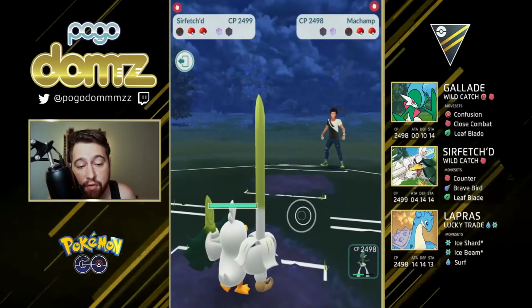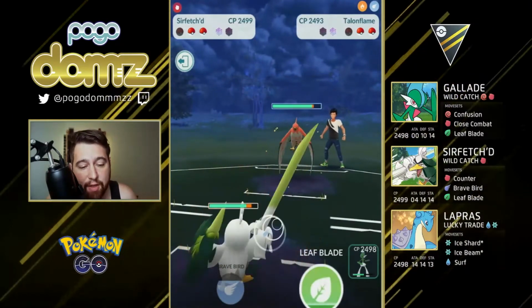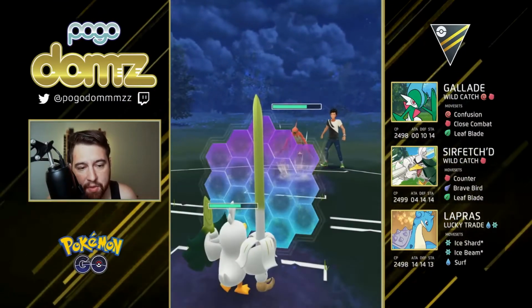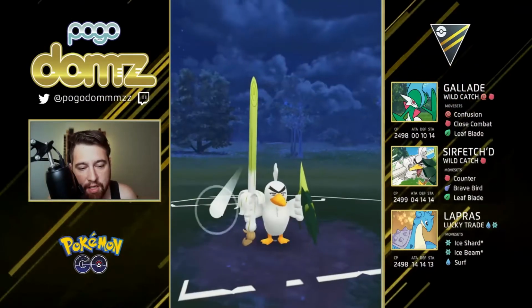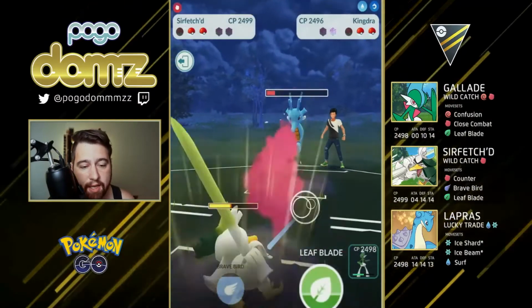The counter did go through. We do shield just so we can maintain that health, and then they have a Talonflame in the back. So what I'm going to do here is build up as much as I can. Most likely this is just a Flame Charge, but I just want to keep the shield, and then they bring in their Kingdra, which is probably actually perfect in this situation because we have so much energy,